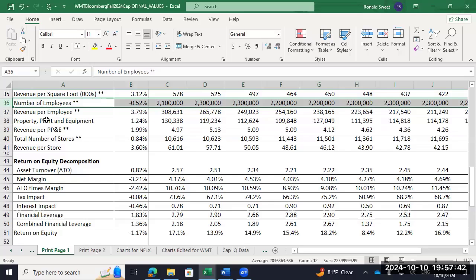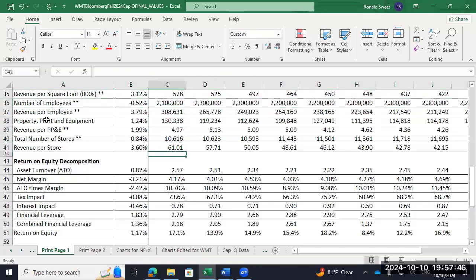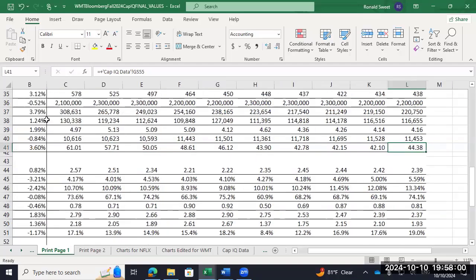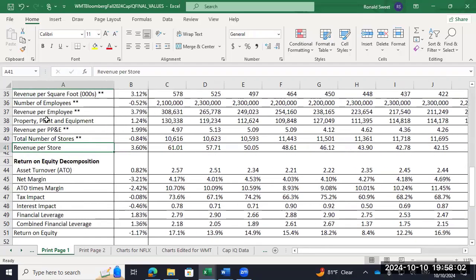So how do you do that again? The total number of stores? Well, if I don't have number of stores, I just take revenue and divide it by revenue per store, and that gives me number of stores. And if we have the number of stores, but we don't have the CAGR, well, we'll talk about that. That probably means you have a zero at the beginning. So if you have zeros,